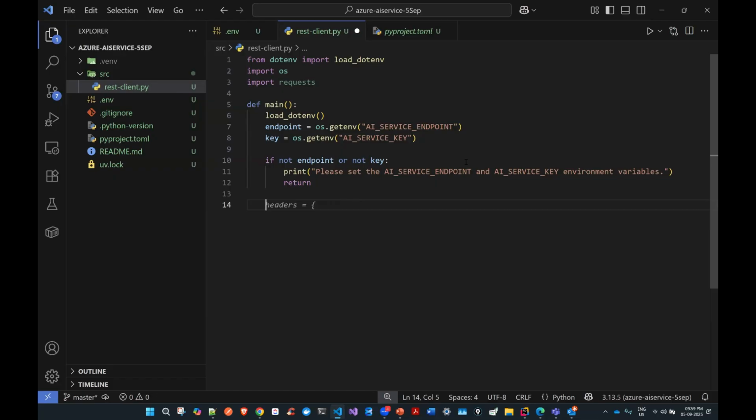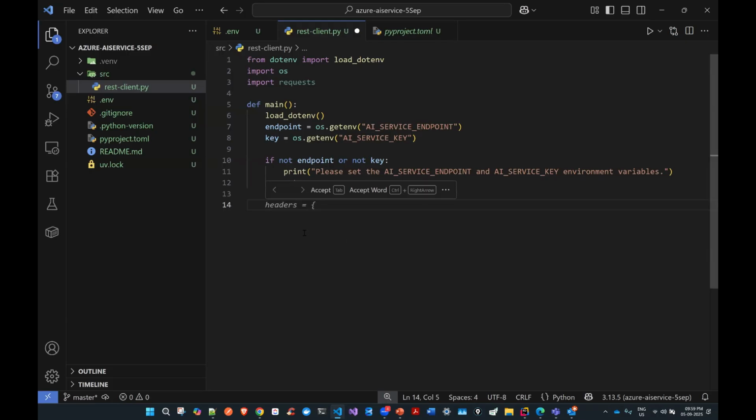So now let me take the input from the end user. The program I'm going to make here is a simple program. I will enter some text, or I will take the input from the end user. From that input, we will identify the language, whether the input text is in English, or in Hindi, or in any other language.